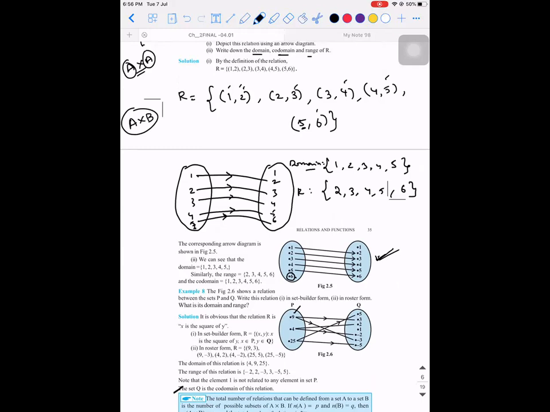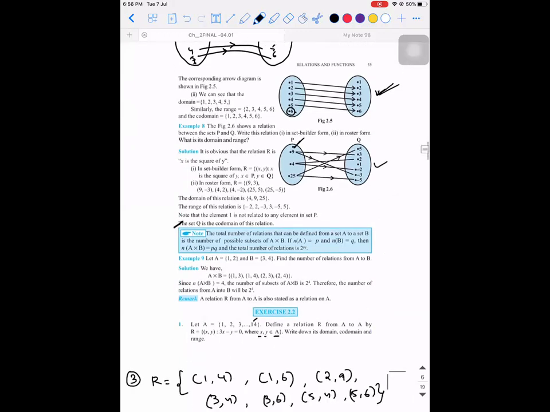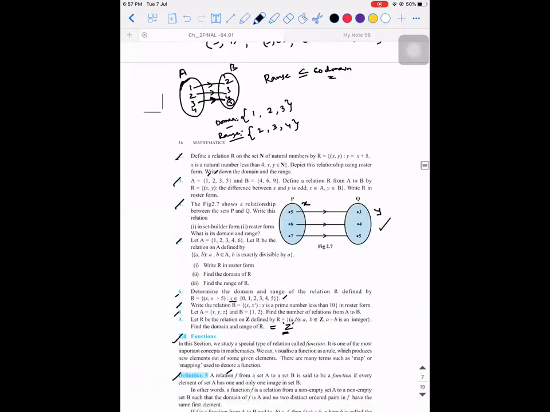Okay. What about this one? It is a relation without any doubt, but is it a function? It's not a function, because 9 has more than one element linked in the output set. So it is not a function. So is this a function? Yes, sir. It is a function. Right, because both conditions are satisfied. Every element is having one image in the set.